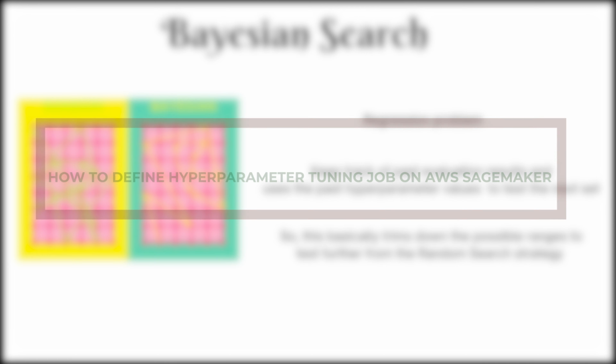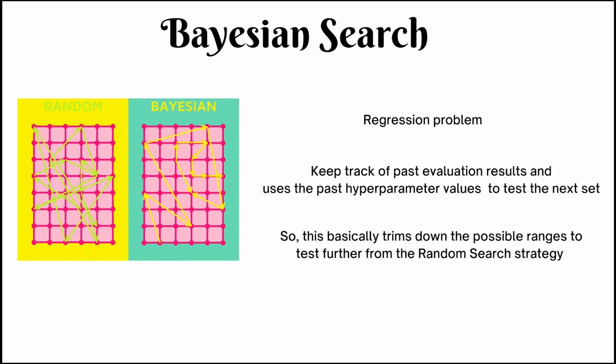So here we specify the names of hyperparameters and ranges of values in hyperparameter ranges fields. Now each parameter range has 3 subfields, one for each of the categorical, integer and continuous hyperparameter ranges. One thing to keep in mind is that you can define up to 20 hyperparameters to search over.